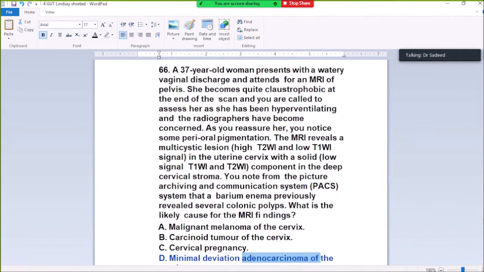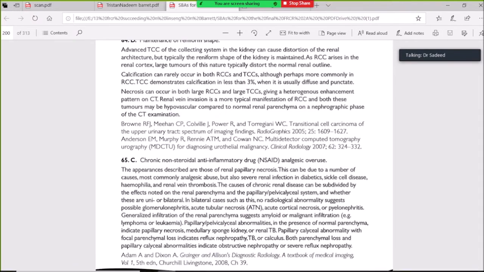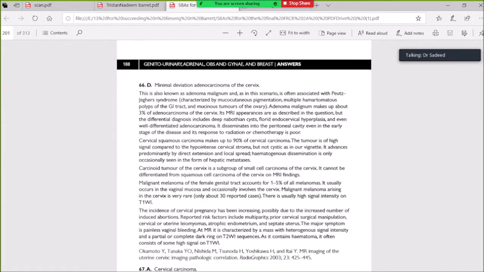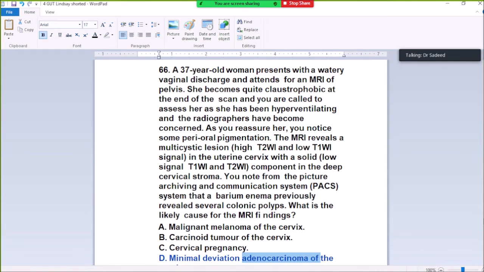Now let's see the explanation. So the patient is seen with Peutz-Jeghers syndrome, with mucocutaneous pigmentation, multiple hamartomas, polyps of the GI tract, and mucinous tumors of the ovary. MRI appearances are also like this. MRI shows a multicystic lesion,